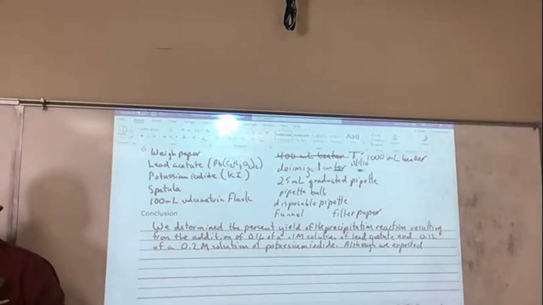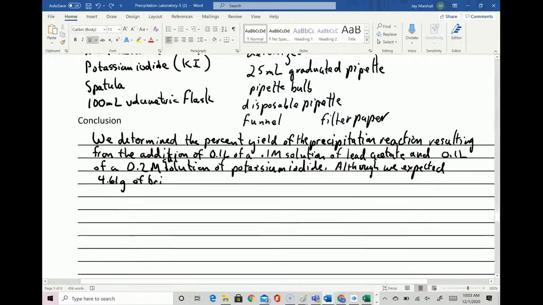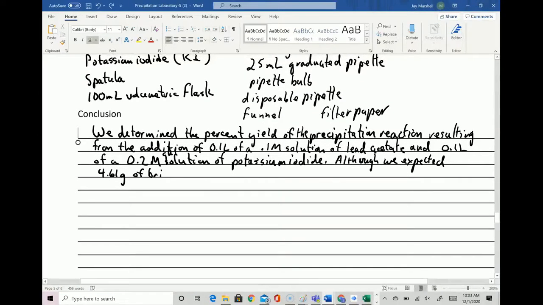Although we expected 4.61 grams of bright yellow precipitate,